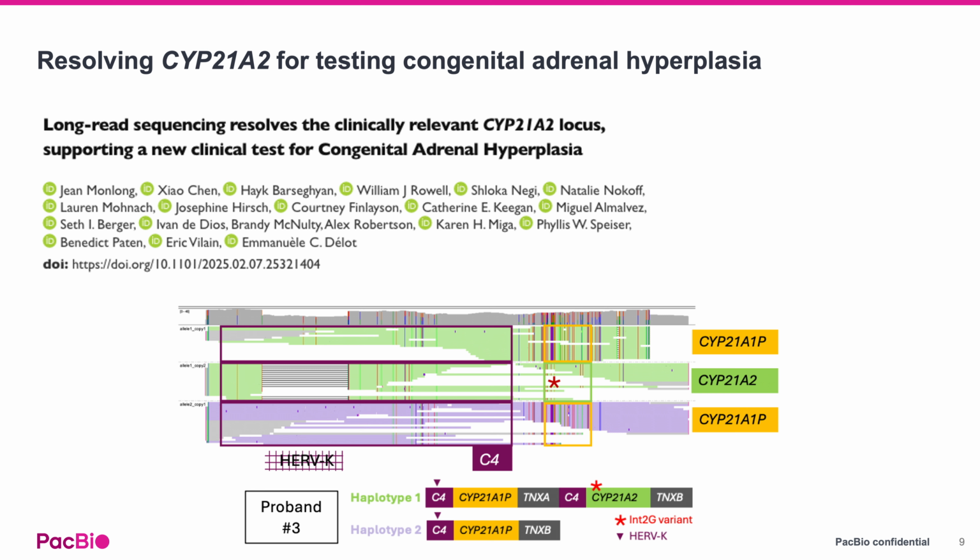The second study uses Paraphase to resolve CYP21A2 in patients of congenital adrenal hyperplasia. This gene resides in a 30 kb long repeat with common copy number changes, and it has a pseudogene that is similar in sequence. Each allele usually contains 2 copies of the repeat, one encoding CYP21A2 and the other encoding